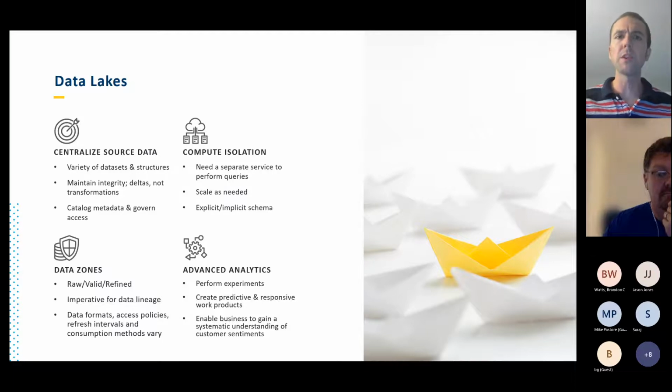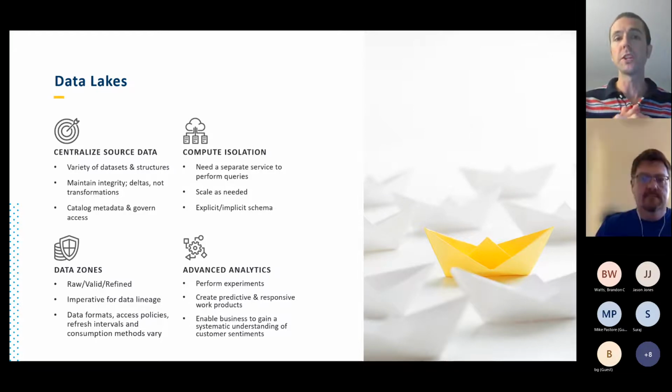When we set up the data lake, we really want to think about zones. So there's lots of different names. Some people refer to bronze, silver, gold. Some people like to use the word curated. I'm very flexible on that, but conceptually, I like the idea of a raw zone, which is data stored in its native format. So it might be a CSV file, a text file, a JSON file. Really, we have data that has some sort of structure, but it can be unstructured as well if you know how to process it. But then we go to a valid zone or a curated zone, which is the source data with all the transactions applied and the deltas, I mean, and it's going to be in that Parquet format.